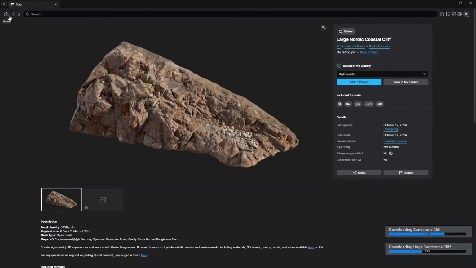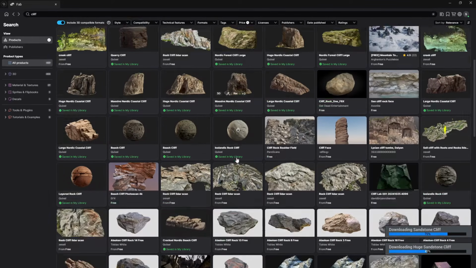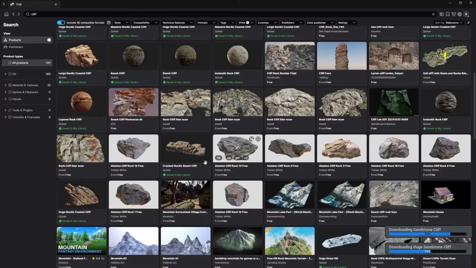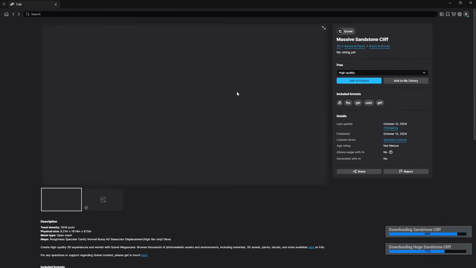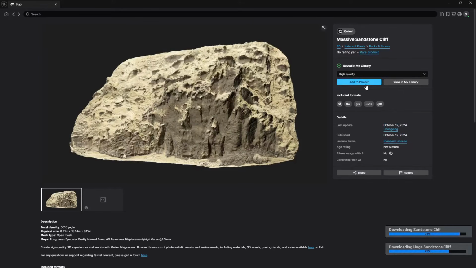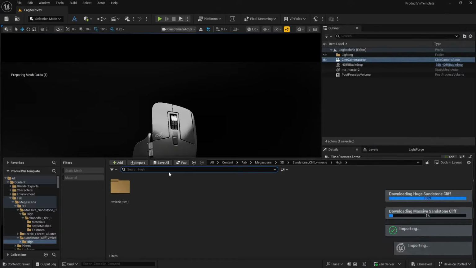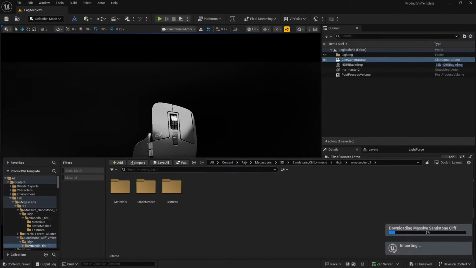Okay, but I think I want some more detailed stuff. So let's just search here for sandstone cliff as well. So yeah, we can take this for the background. Okay, so let's just add this to project as well. Okay, first is done. Now what I want to do, I am going to drag and drop it here, but